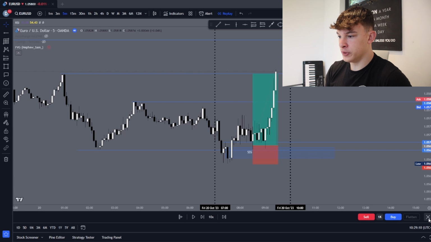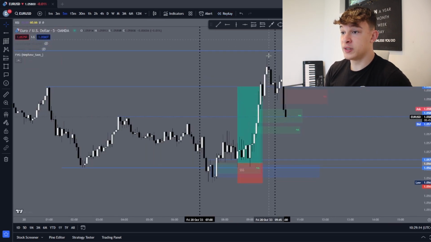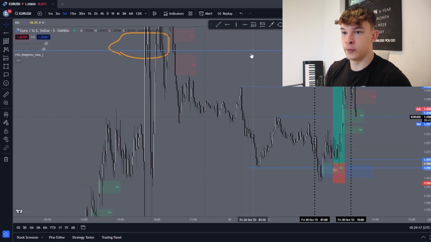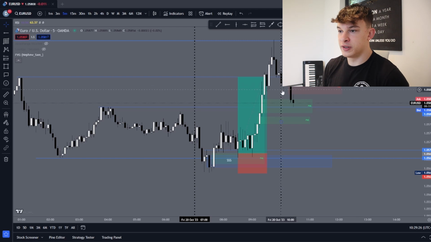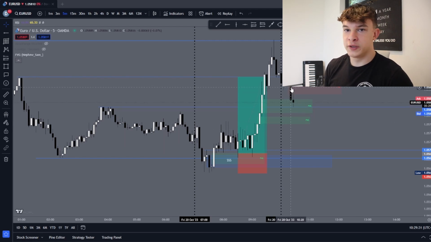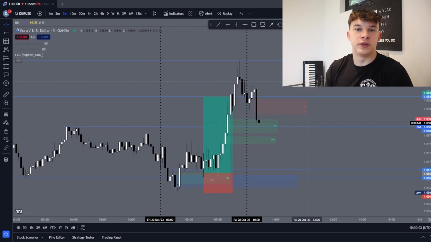The market did actually continue upwards if I'm not mistaken. If we exit bar replay mode, we can see, yep, so we even took out this higher liquidity level, which I was thinking about targeting but didn't in the end. And following the London session, as you can see, we've got the 10 AM kill zone end, followed by a retracement. In total, off this trade we made $1,260,